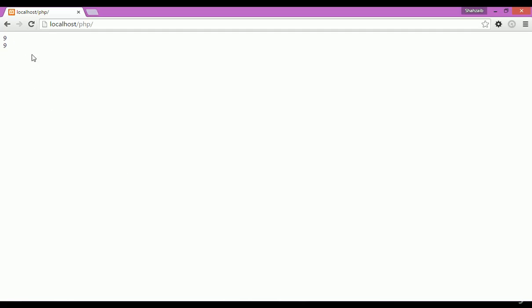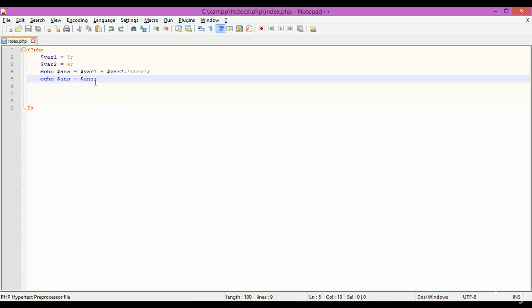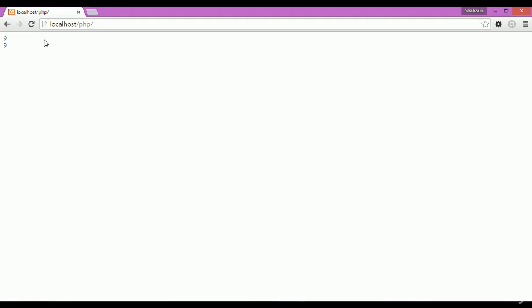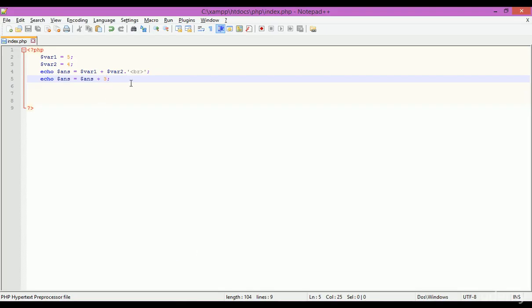Now this is 9 and this is 9 as well. So now, instead of simply assigning the same value to the variable, I'm just typing plus and typing 3 or any other value which you want. Just go to the browser again and refresh this. This is 12. This is a simple method to assign any value, but we're not using the specific assigning operators for this. The assigning operator to do this, and obviously this is a little bit lengthy, so the short thing